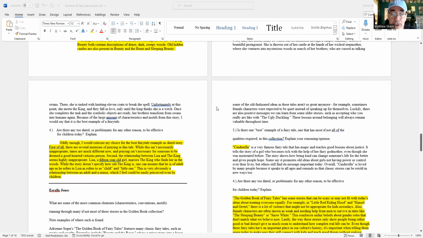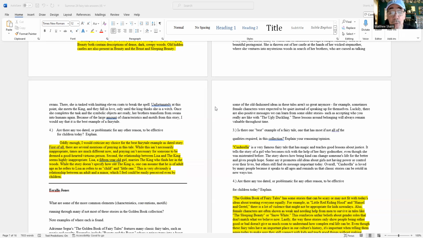She liked it, but she also had a criticism of it. It is a dated story. There are several mentions of praying in this tale. While this isn't necessarily inappropriate, times are much different now, and praying isn't necessary for someone to be deemed a good-hearted, virtuous person. Also, the relationship between Lisa and the king is highly inappropriate.